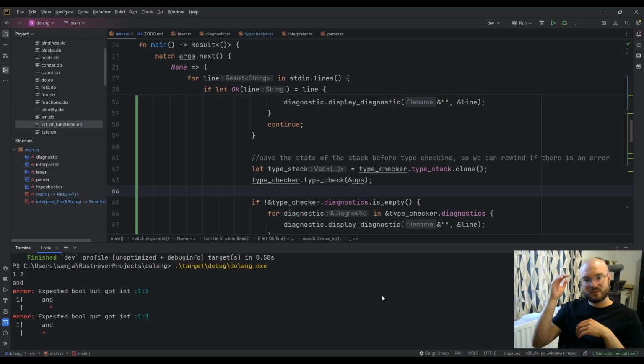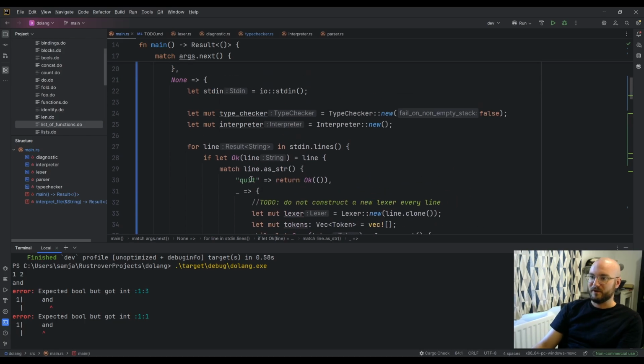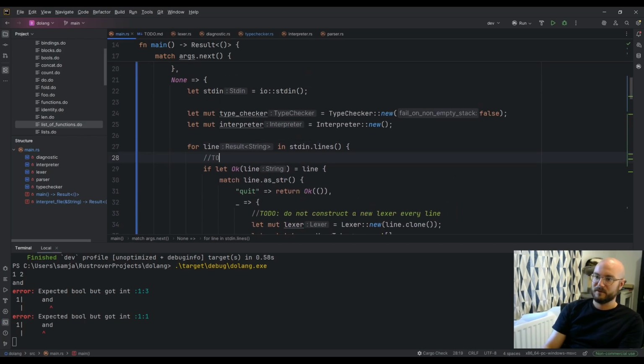So maybe we have to store all the lines. Yeah, we probably have to do that. Okay, let me put a note for myself: to do, store all the lines so that the diagnostics are accurate.